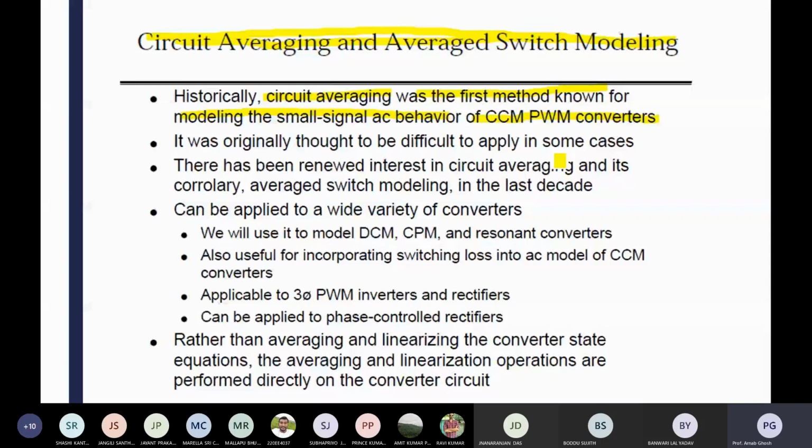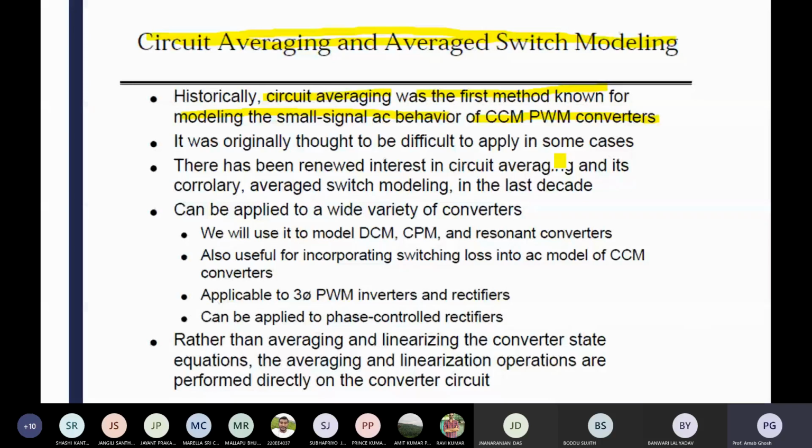If you have the state equation, if you are able to write the switching equations, then you can do that. You can use the different steps to find the transfer function of the converter. Or sometimes, for a different controller like a sliding mode controller, you need not go for that